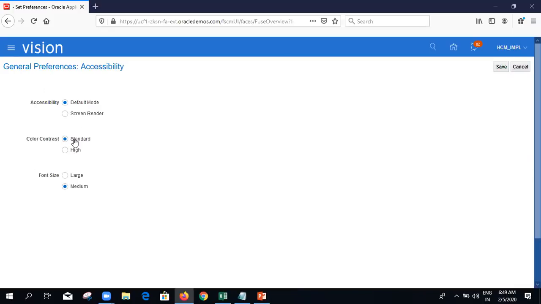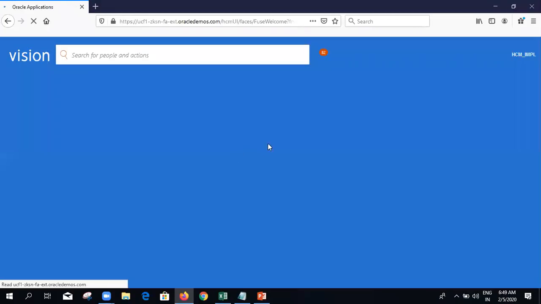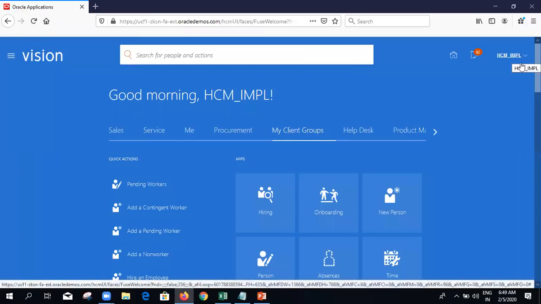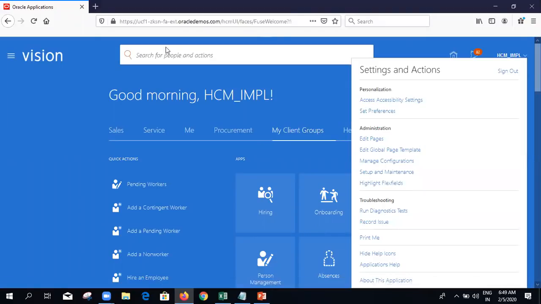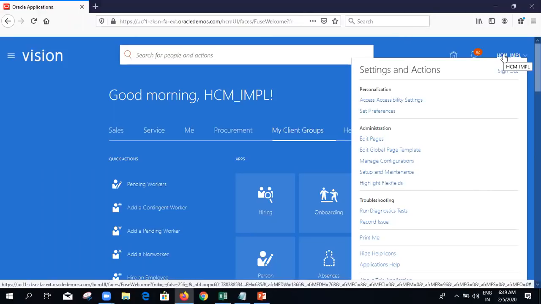These aspects we can control in the general preferences. You can click on save, and those changes will be reflected in the system. But whatever changes you are doing here will not impact the entire application. Only the specific user's look and feel will change.